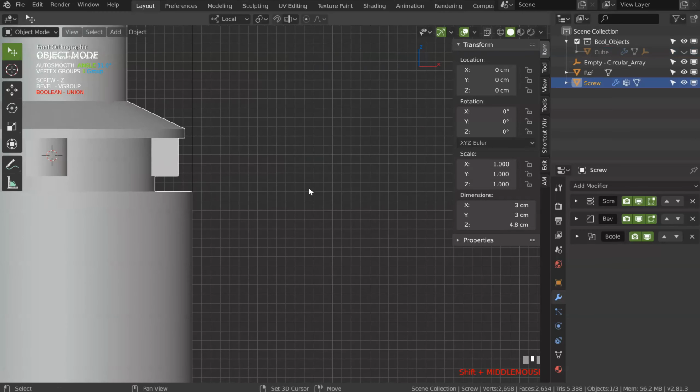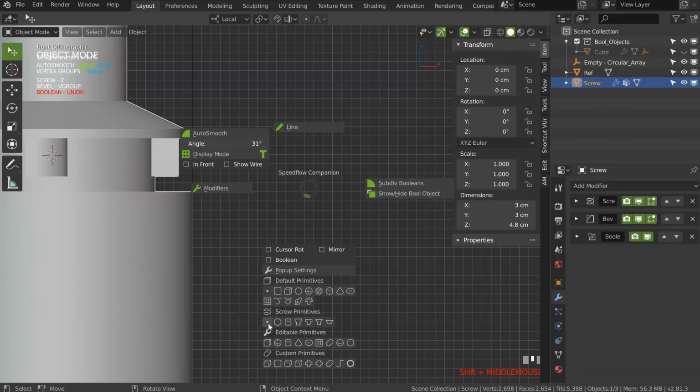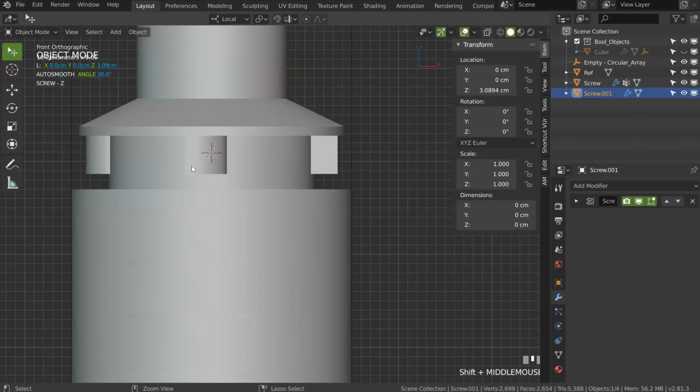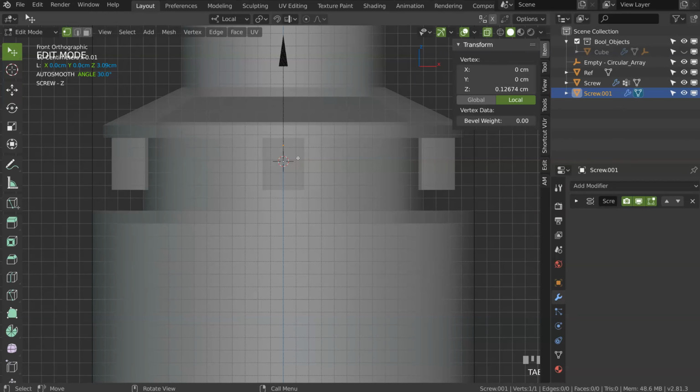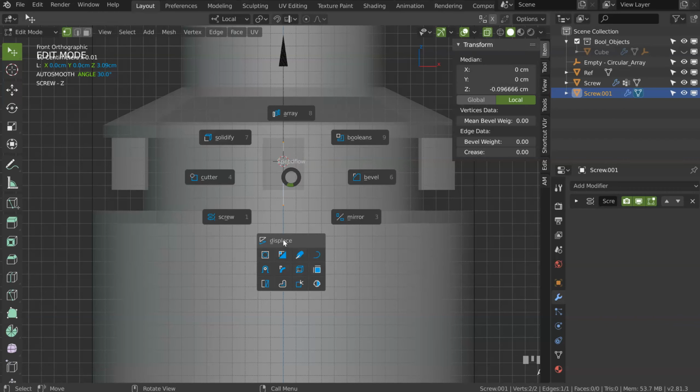I will come here to see it. This screw primitive, I will do the same. I will click. That will create my screw primitive here. I will just press G to move it. I can activate the X-ray. So G to move it, E to extrude. Let's see, like that. I will select everything right now, and I will add a displace.